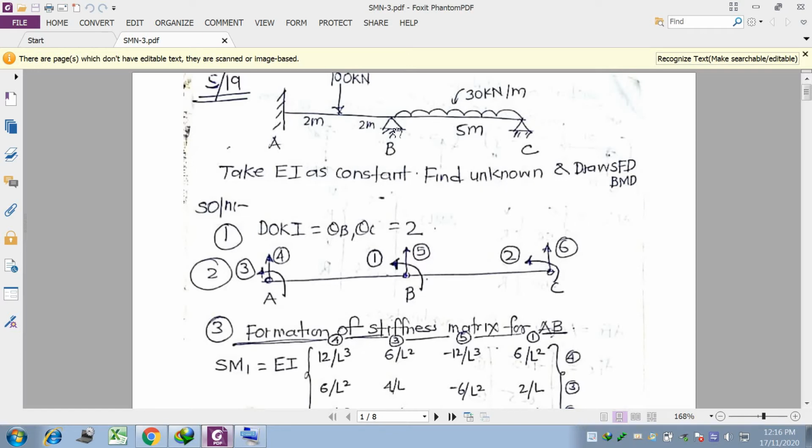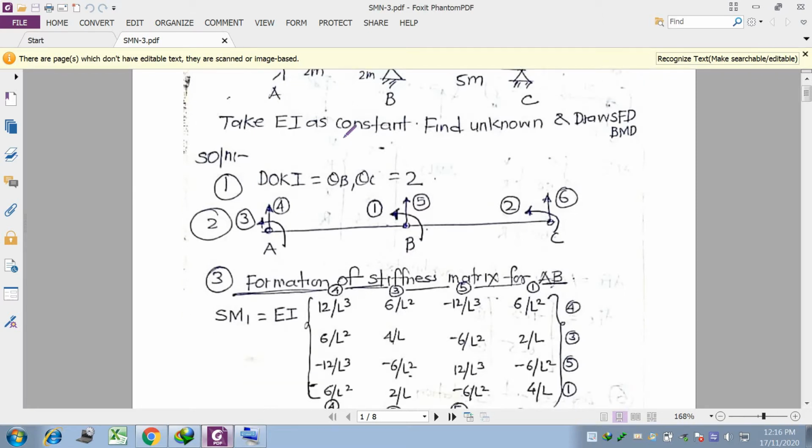The unknown is nothing but theta at B. You have to calculate the unknown displacements theta at B and C. A is already known, and along with that we have to draw the shear force and bending moment diagram. So let us see how to calculate the bending moment and shear force as well as the displacement by using